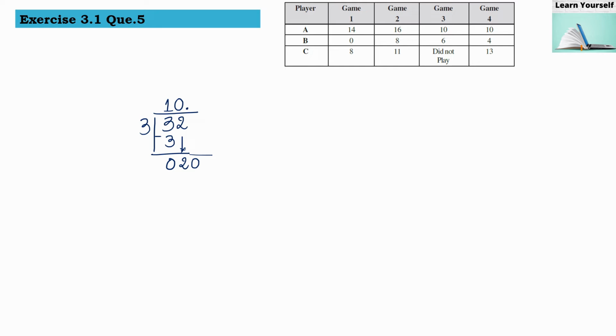We are taking 0 here, so it is 20. 3 6 are 18. When we subtract this, we will get 2. Again, we are keeping 0, and we are taking 20. 3 6 are 18. When we subtract this, we will get 2. Again, we are keeping 0, and 3 6 are 18. So our answer here is